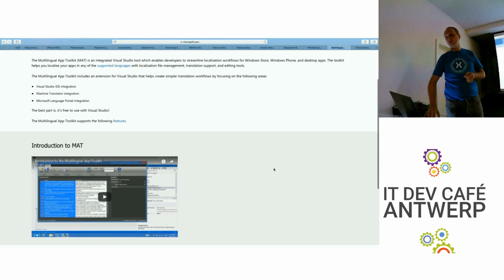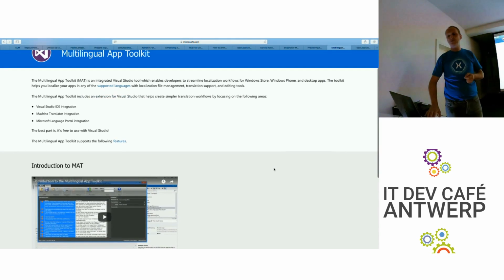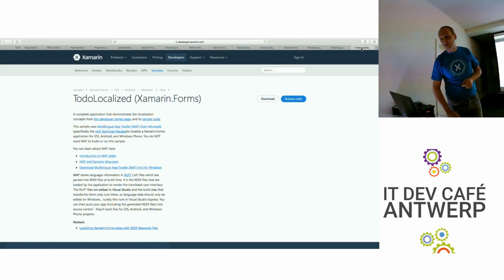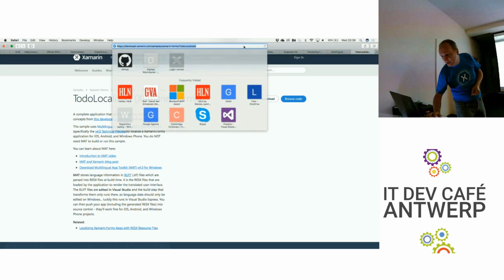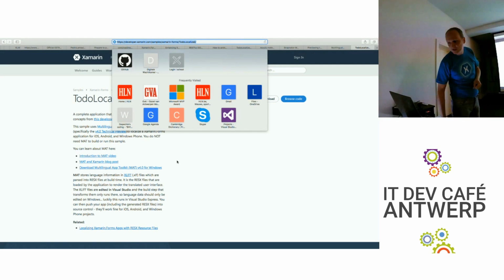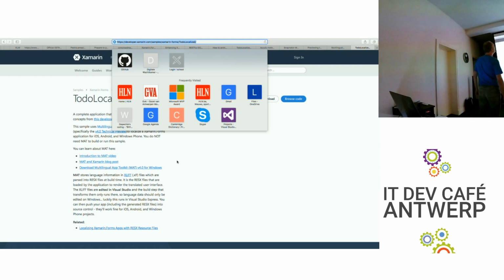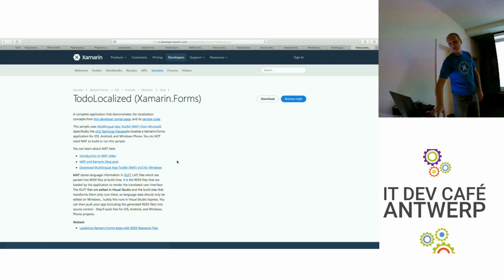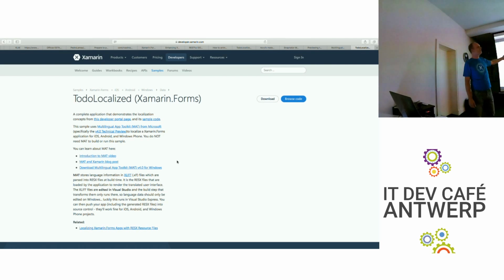It's something very known. And they also ported this now to Xamarin Forms. So even on Xamarin, the URL, I don't know it by heart, it samples Xamarin Forms to do localization. You get a complete introduction on how, if you create a Xamarin Forms application, you can use the Multilingual App Toolkit to fully